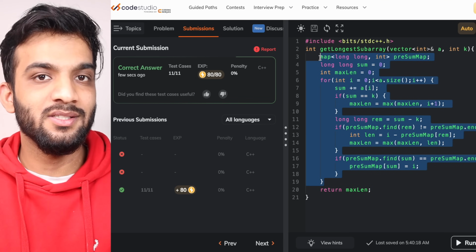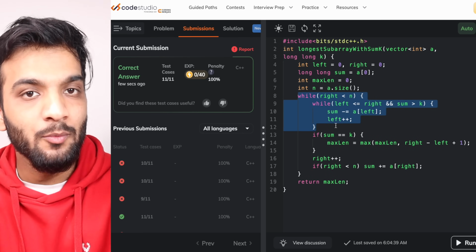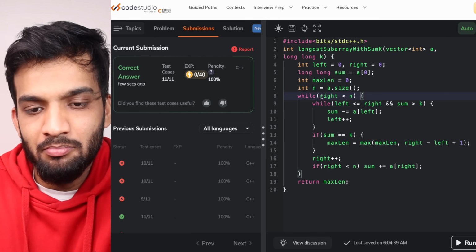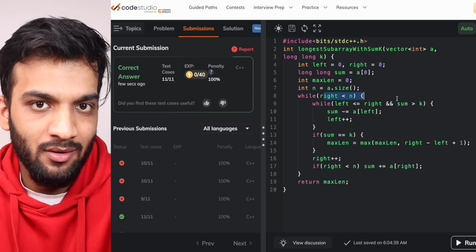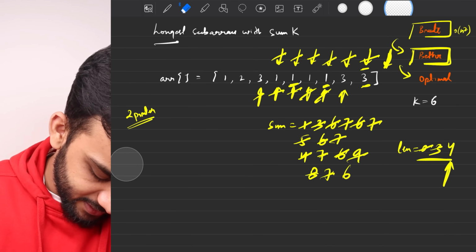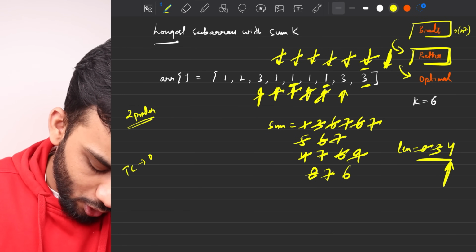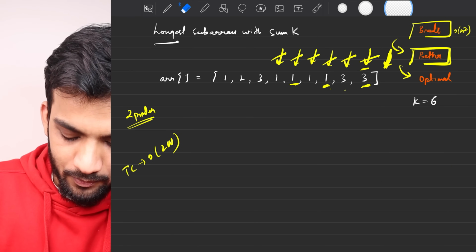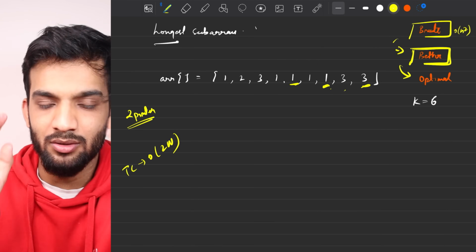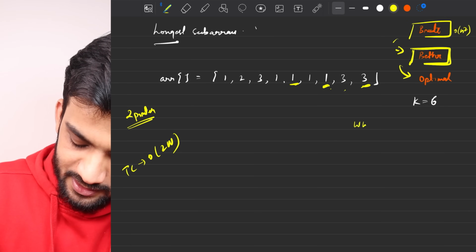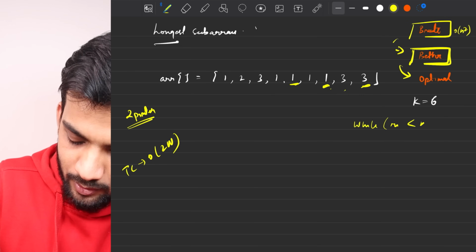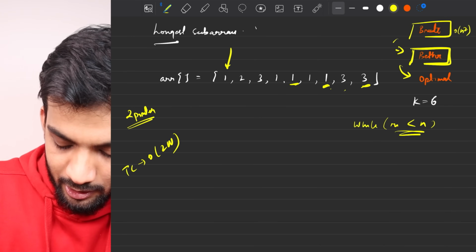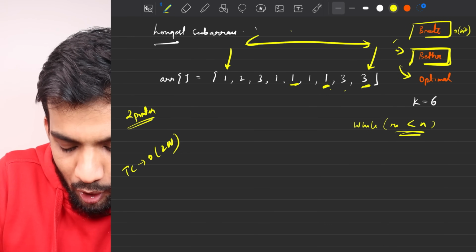You cannot optimize this. Okay, so what is the time complexity? On the naked eye, it might look like 2 while loops might be big O of n square, but that is not the case. The time complexity at the worst case is big O of 2n. Why? Let's analyze. So, can I say the outer while loop is the right pointer running till n? Can I say this? I can. So if the right pointer is somewhere here, it runs till here, which is a big O of n in